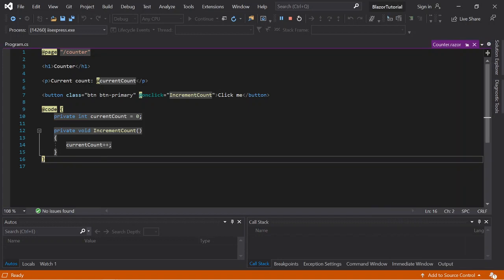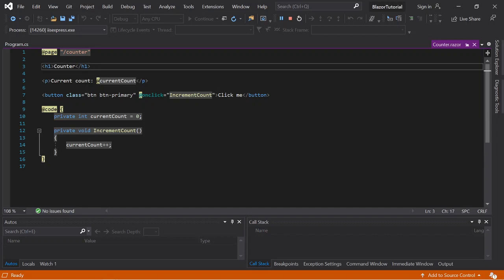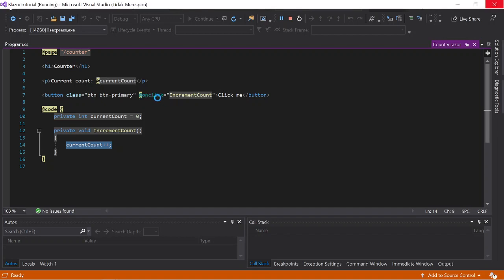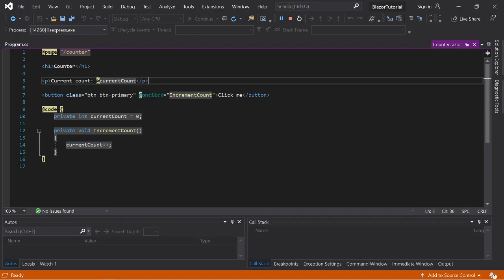This is a sample of changing the data after triggering a button click.